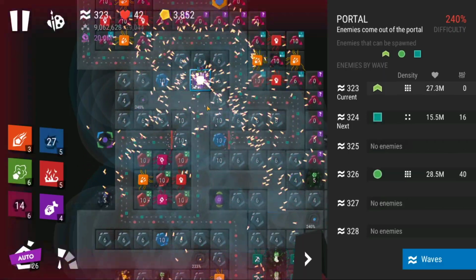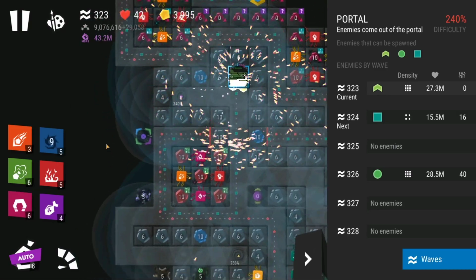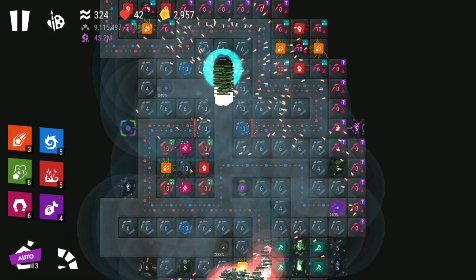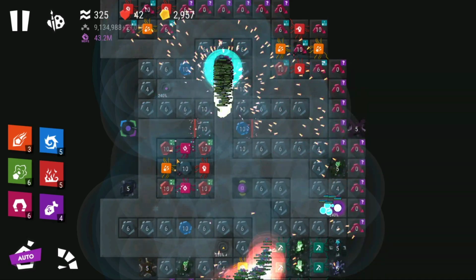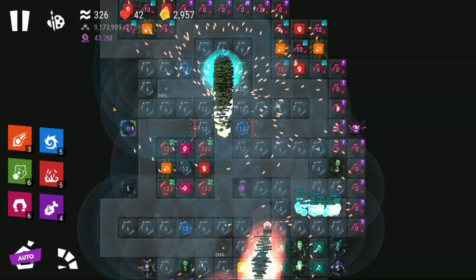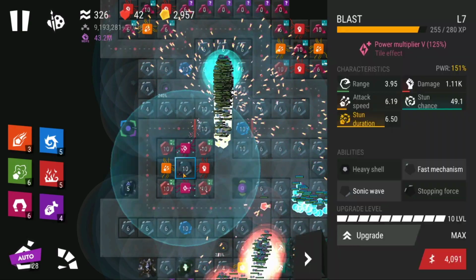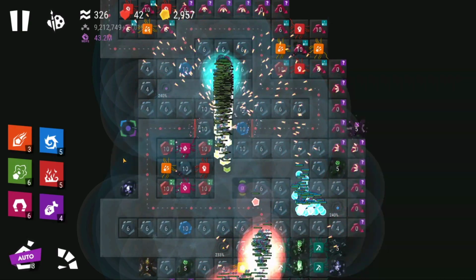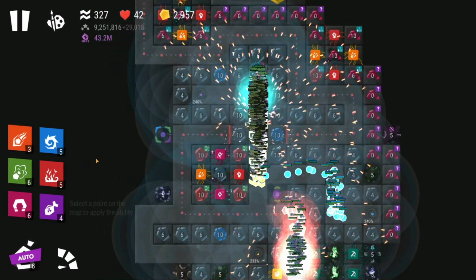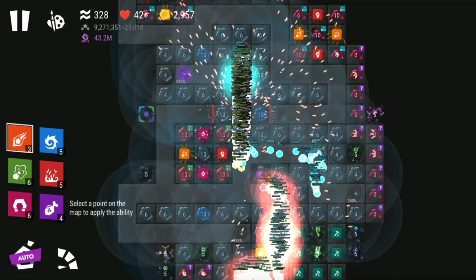And so here I'm checking out the waves, and finally here I was successful. One Windstorm, one magnet, and I was able to achieve 43.2 million maximum DPS. And so at this stage I decided to place that particular blast tower in the center with the power tile,